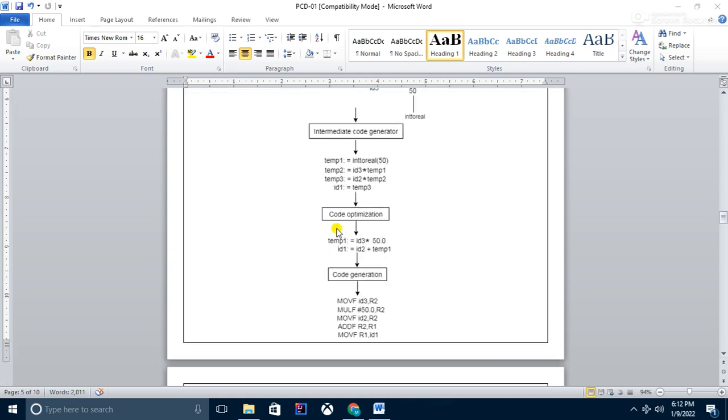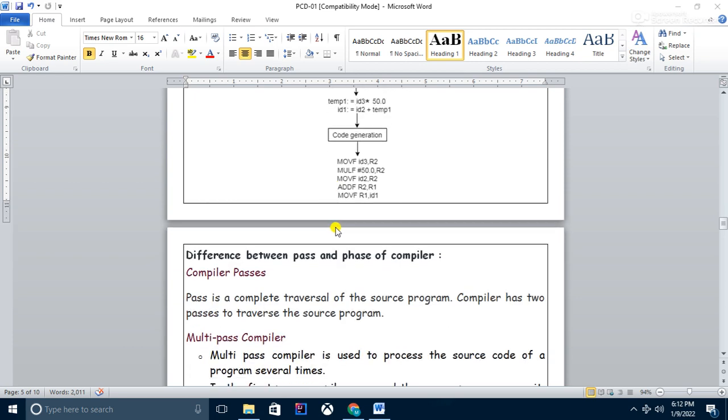Now coming to the next terminology, that is the difference between pass and phase of the compiler. Here we are going to discuss what the difference is between the pass and phase of the compiler. As we have seen in the phase diagram of the compiler, the phases of the compiler are nothing but the individual units which perform certain